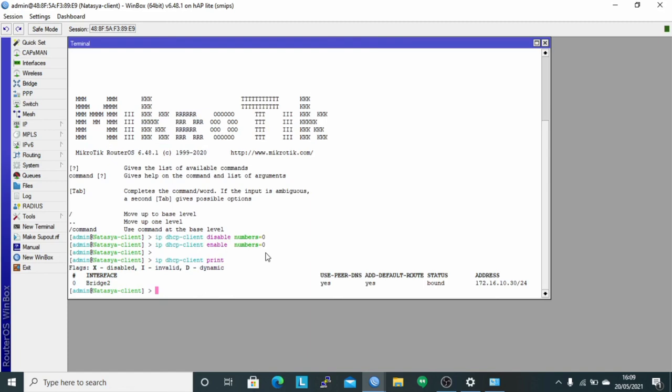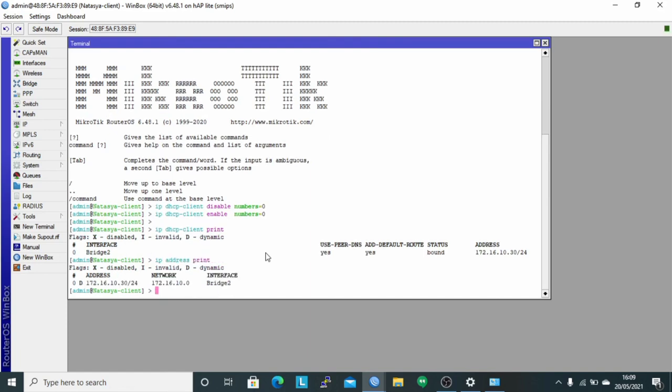It can be seen that the address is 172.16.10.30, and check with the command IP address print. It can be seen that the IP address is 172.16.10.30 and using IP dynamically. And here it uses the interface bridge too.